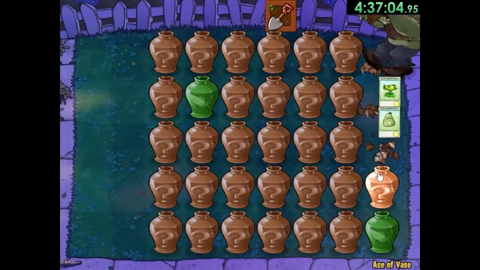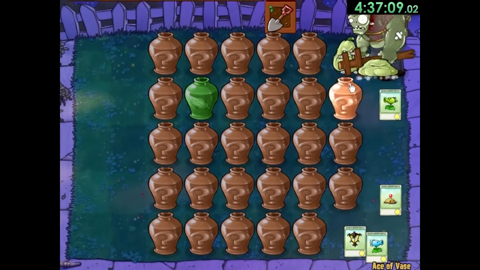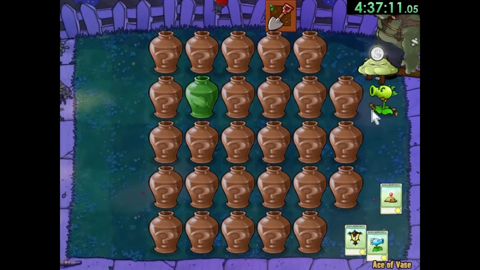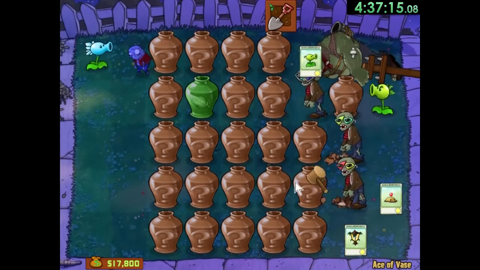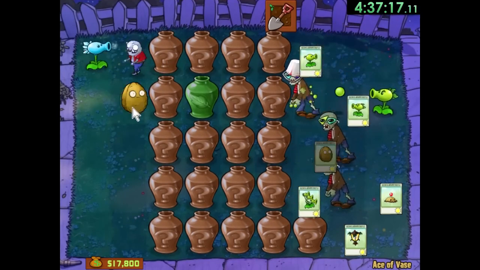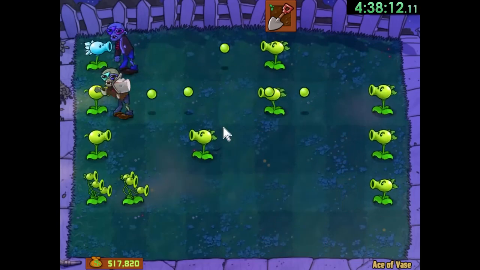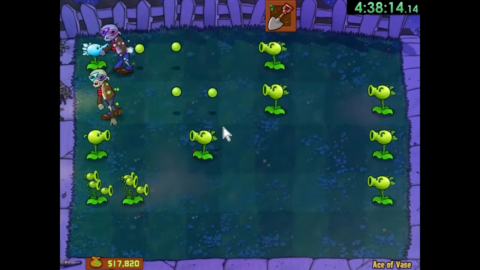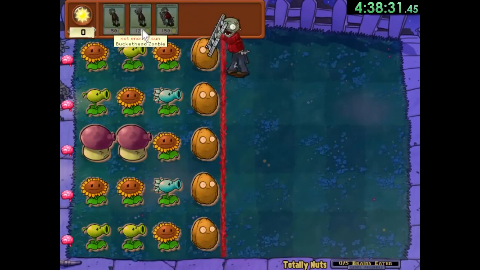Now finally our last vase breaker is Ace of the Vase, which is by far the hardest one since it has a gargantuar. I like to slowly go from the back lane of jars to the front lane, giving me more time to react to which zombies appear. Then when we see a gargantuar, I immediately put 2 insta-kills down to take him out. After that, it's all about hoping we have enough firepower to deal with everything else. This one took a few tries, but we finally got it, and we're moving on to more I, Zombie levels, starting